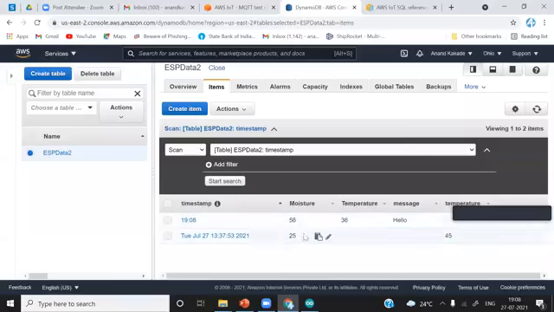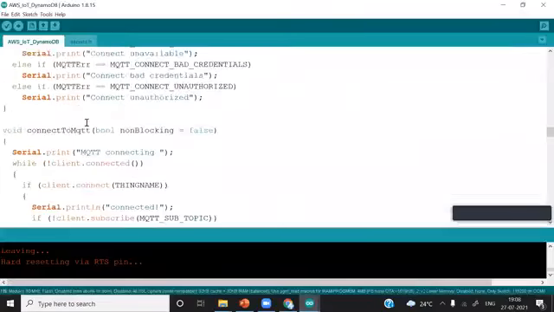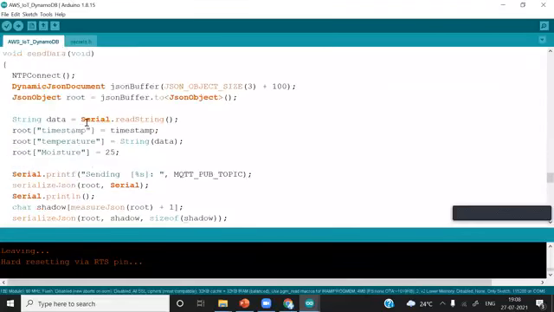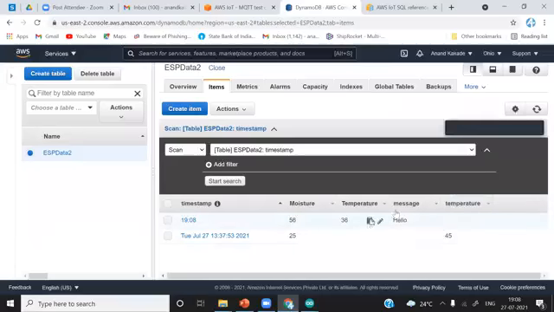We received this moisture because in the ESP8266 code there is no temperature field. The only fields we receive are the timestamp, a small t temperature, and the moisture with a capital M. There is no message and no value for the temperature object, which is the reason it shows empty.